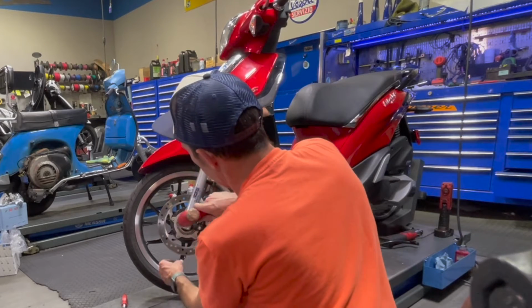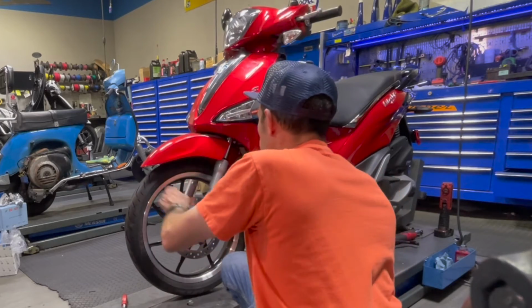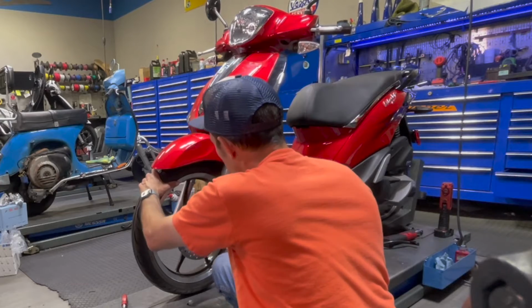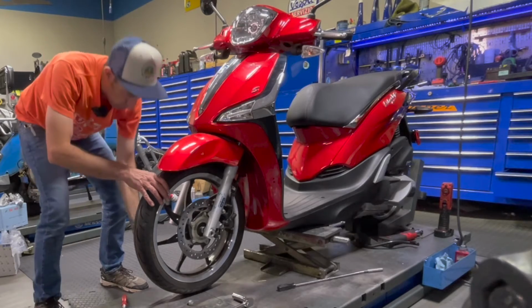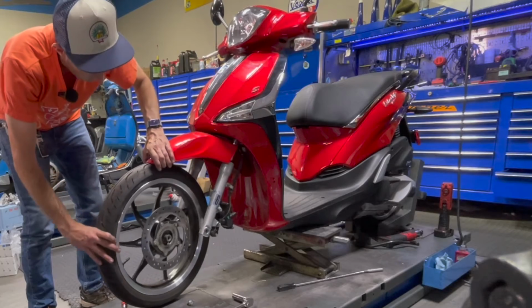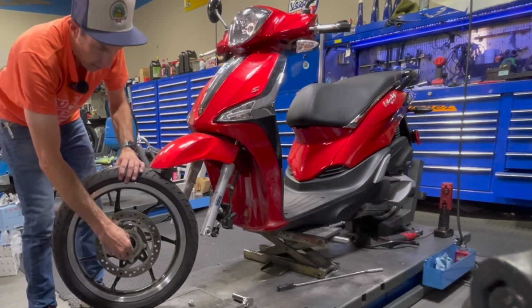There we go. Now the tension's taken off it. So at that point, got the axle out of there. And you're going to run into a couple other things here. So both sides have spacers. You can kind of shift it out one side, pull the one spacer out, and then just walk the tire out of the caliper. And you have a spacer also